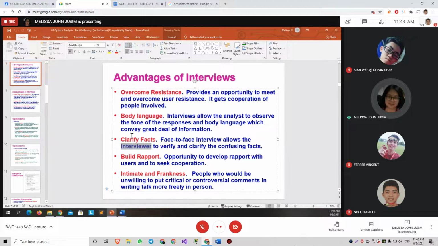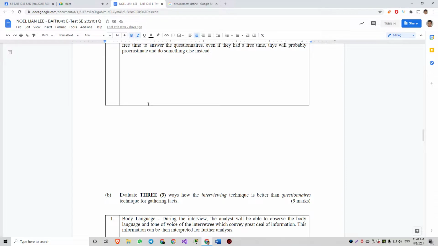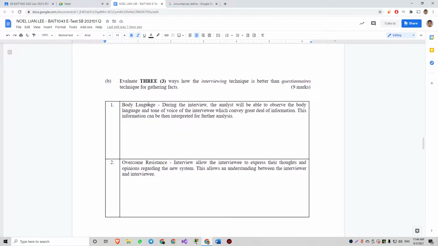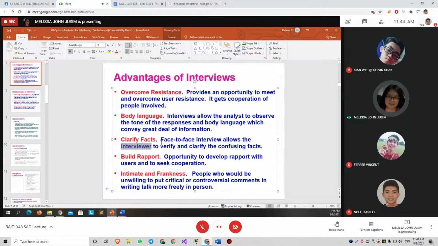Here you need to mention how the interviewer, which is the SA, gathers information from the user. Okay, what is the advantage, right? It means that the interviewer himself can clarify the confusing facts, or verify the confusing facts.